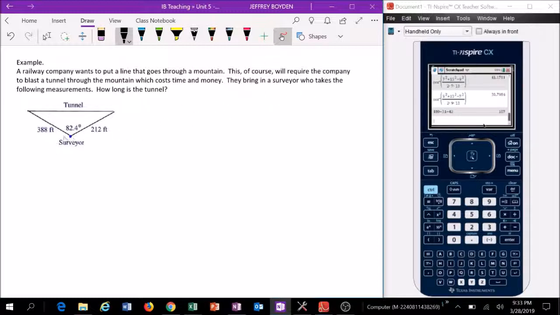And in this case, they'd say, well, we want the tunnel to start here and end there. So they'd find some point where they could stand off to the side. They would take these two measurements, they'd find the angle between, and now we can see this is law of cosines, because we have two side lengths and the included angle. So the setup's pretty easy. I'm going to call it t for tunnel. So t squared equals 388 squared plus 212 squared minus 2 times 388 times 212 cosine of the included angle,